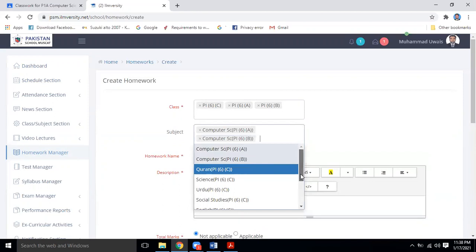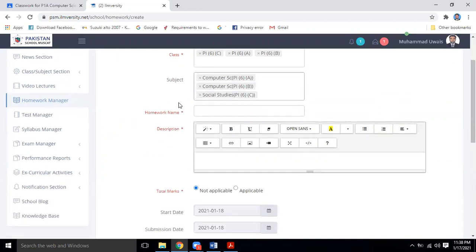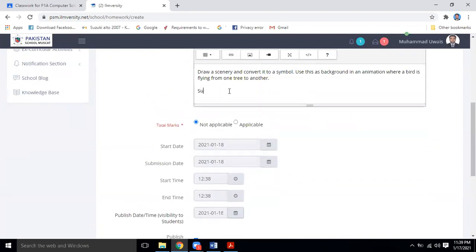Computer science, P1A, P1B, P1C. Submit the movie file, not the .fla file.